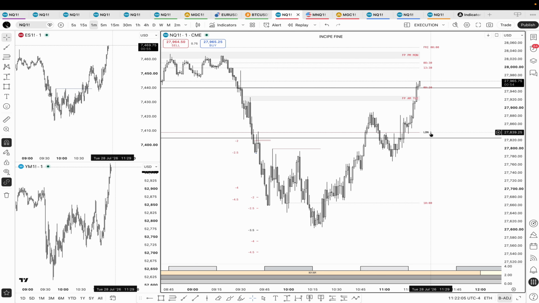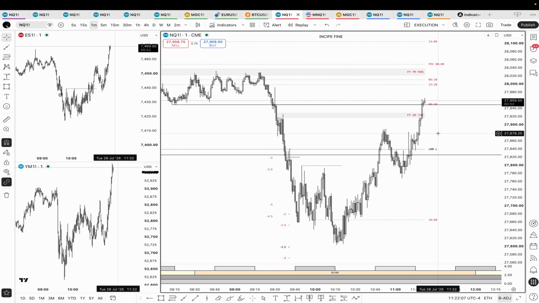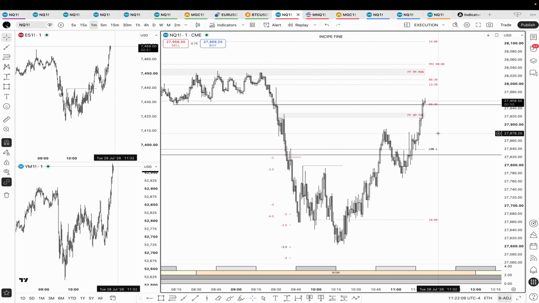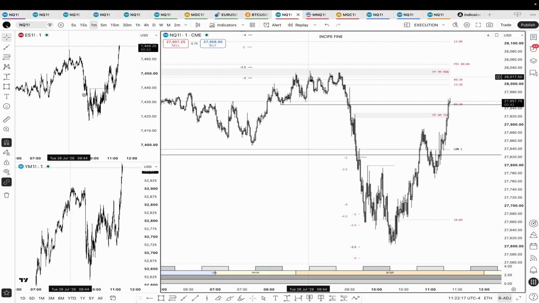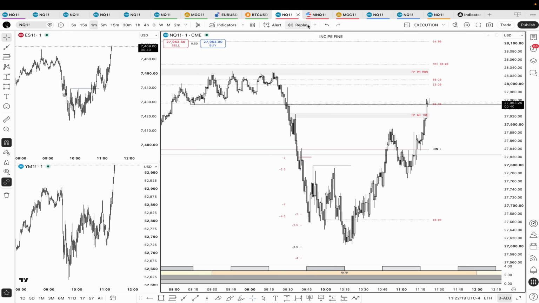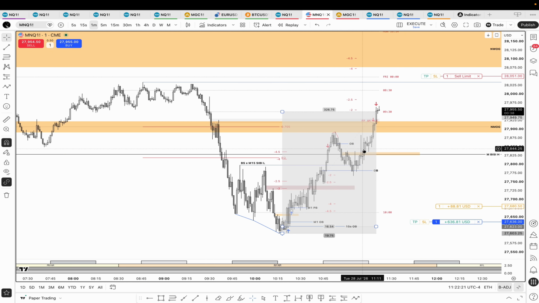you'd be looking to see Nasdaq not offer any bearish signatures. You'd be looking for it to continue moving aggressively in a manner that promotes catching up to ES and engaging with this pool of buy side right here. Now, one thing for certain is that this is very clearly drawn liquidity. These devil's marks right here, all of this buy side right here,